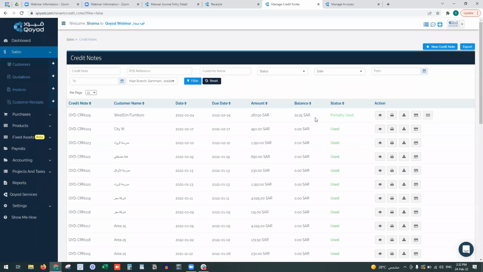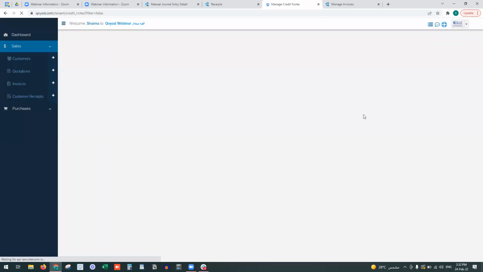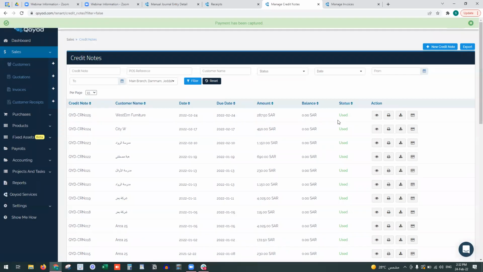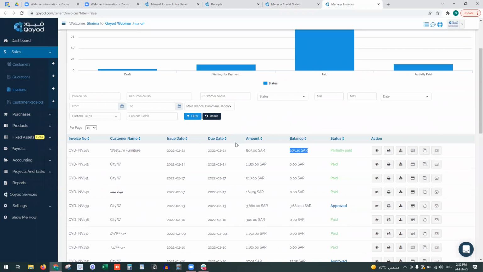I have to pay the customer the 22 riyal. So we will click here on return money, account, date, and the amount, and click on save. Now I have transferred that 22 riyal or paid it in cash to the customer, and now the credit note has been used. Okay, sometimes I create an invoice, for example, for City W, and it's paid, but